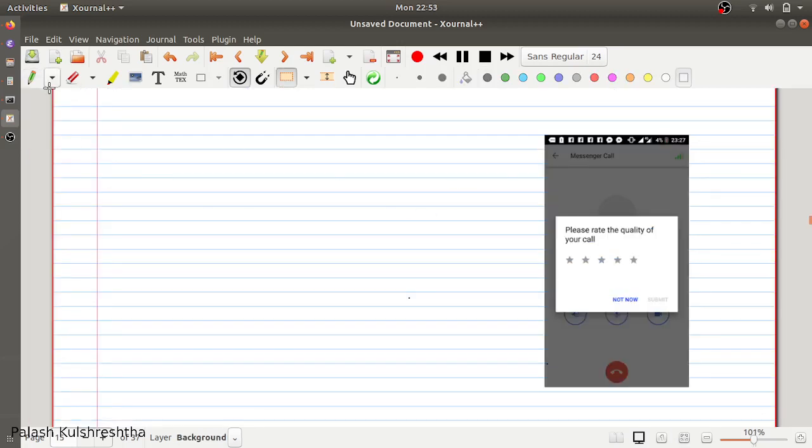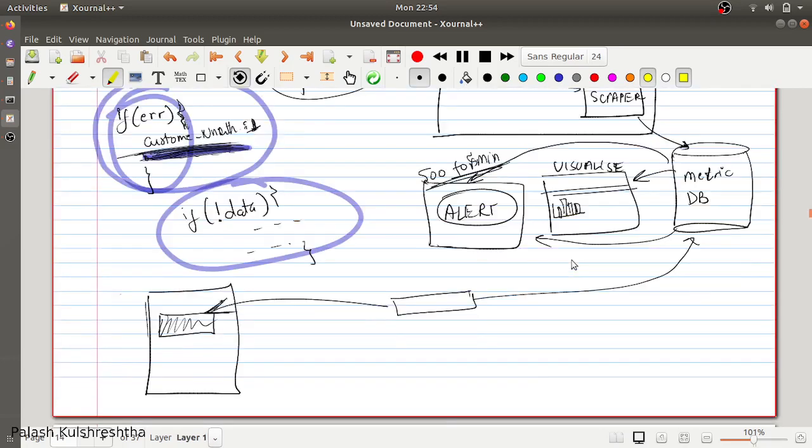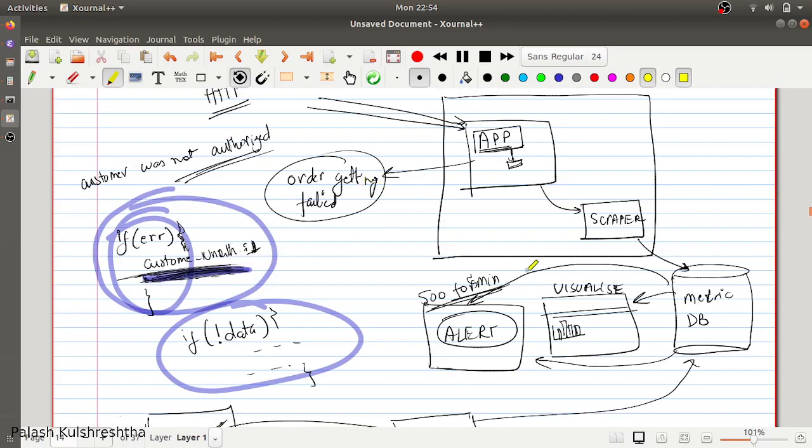A very good example is Facebook Messenger. In Facebook Messenger or in any video call software or application that you're using, after the video call ends, you must be getting this type of screen where they are asking for feedback on the quality of the call. Now, this is a perfect pattern for deep monitoring, where they are collecting extra metrics to get user side feedback of how their application is performing. They will already be having sufficient alerting, monitoring, and metrics in their system to let them know how their system is performing.